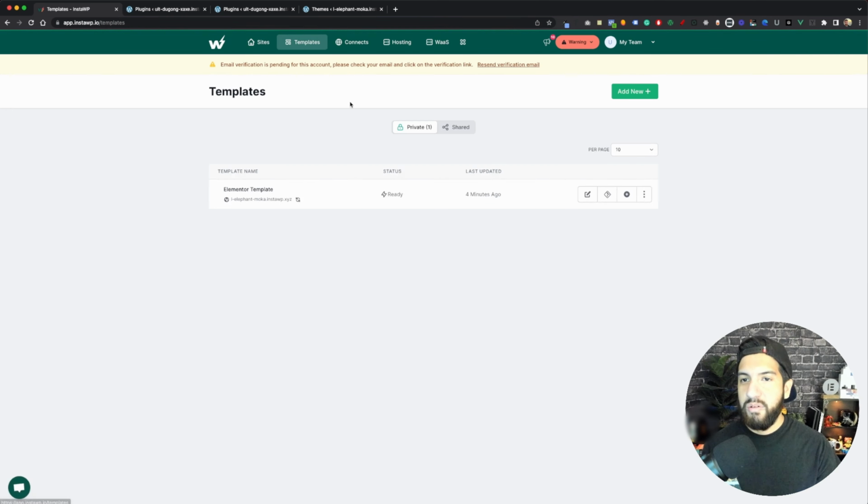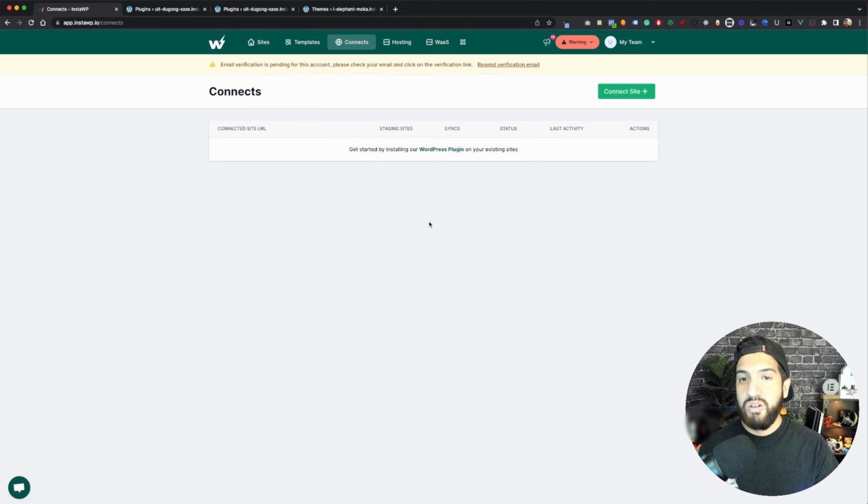Over here, we have our templates that you can go ahead and set up that you can end up reusing over and over again, which I believe is amazing. This is your connects, all of your sites that you've been connecting to, and this is mainly where you can do your staging of your live site. So it's pretty awesome because what